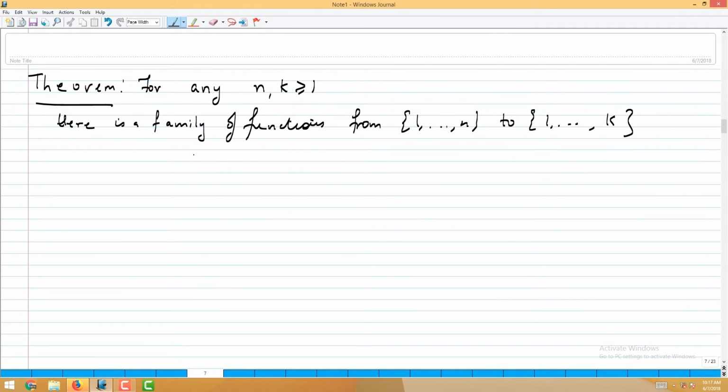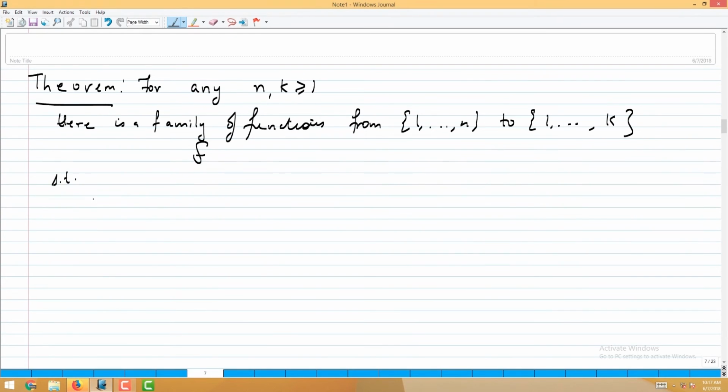So what is this? This is a family, and the family contains some functions. What are these functions? These are functions whose domain is 1 to n and range is 1 to k. It's a family of these functions which have a very, very nice property. What is this nice property? The nice property is that